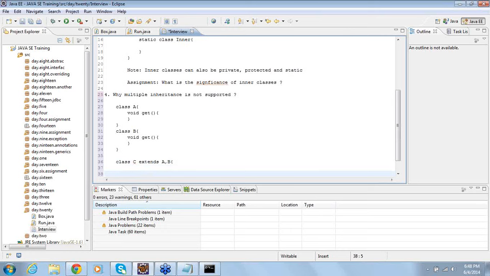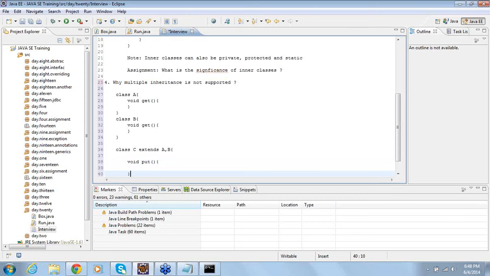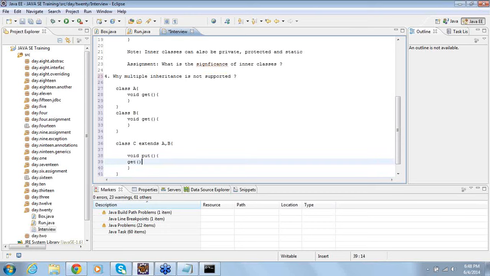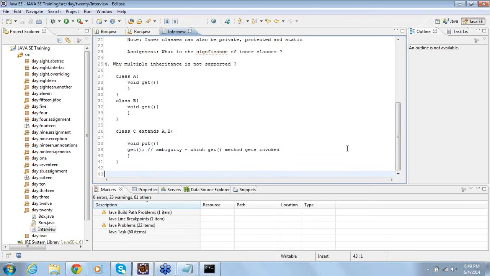If you are extending A and B, and you have a method here, and from this method you are trying to call get, there is an ambiguity here. Which get method gets invoked? Is it from A or is it from B? This is the reason multiple inheritance is not supported.